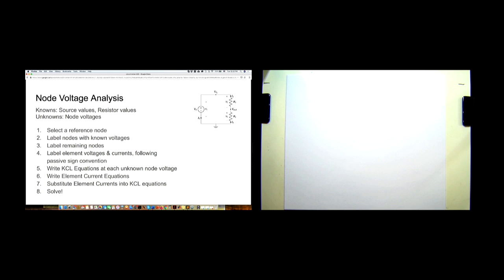And then you write KCL at each unknown node voltage. So for V mid, we only have one KCL equation here, right? We just want to find V mid. And we say that I2 is equal to I3 because of the direction we picked these currents. Then you write the circuit element equations, which are for I2, for basically resistors R1 and R2, that I2 is V2 over R1, I3 is V3 over R2, and you expand these to use node voltages. Yes, question?